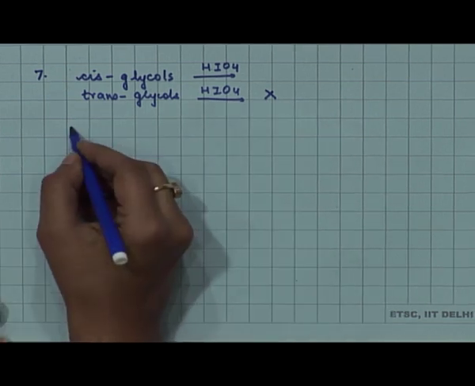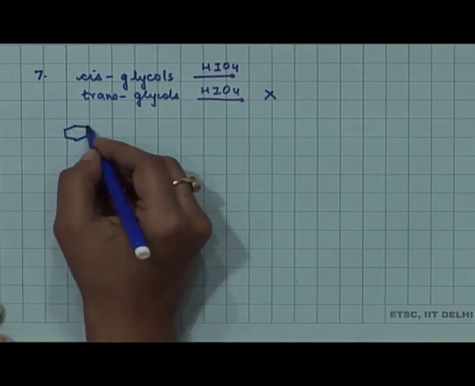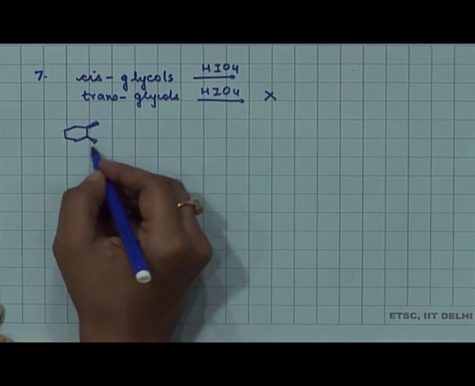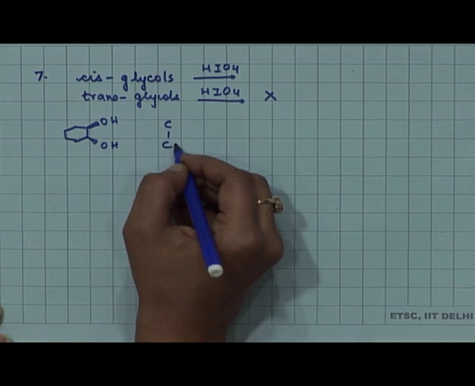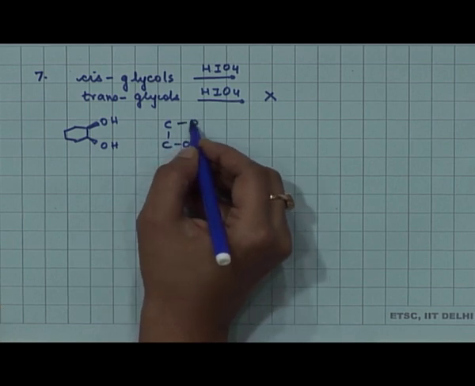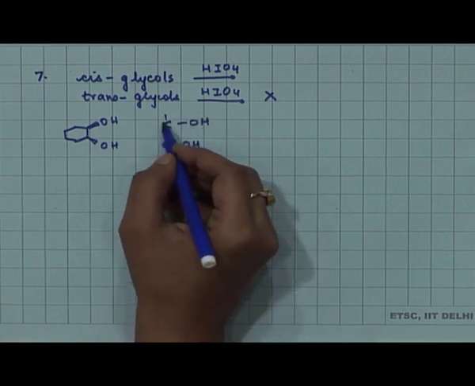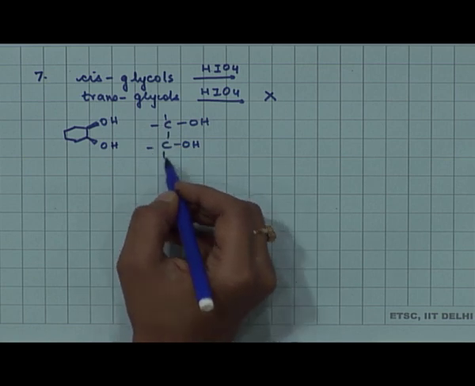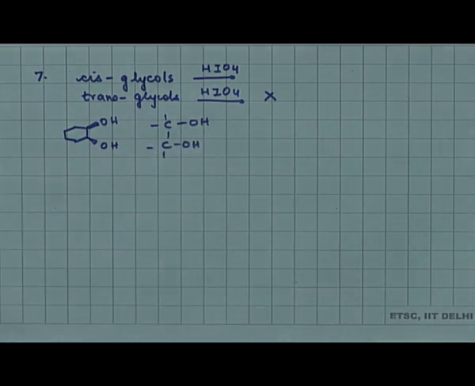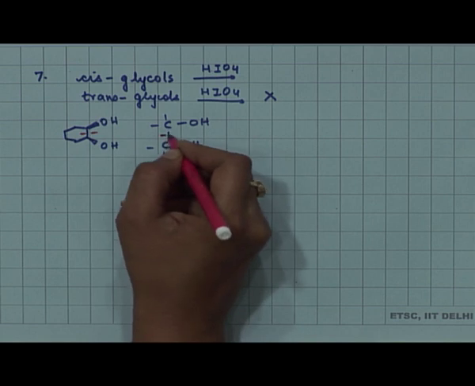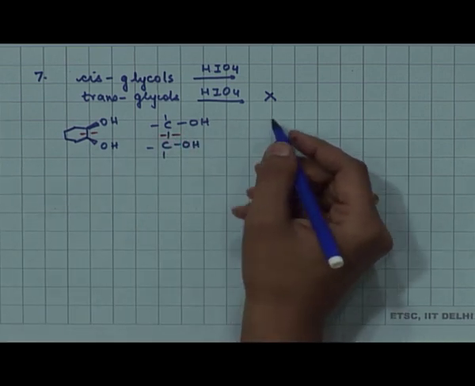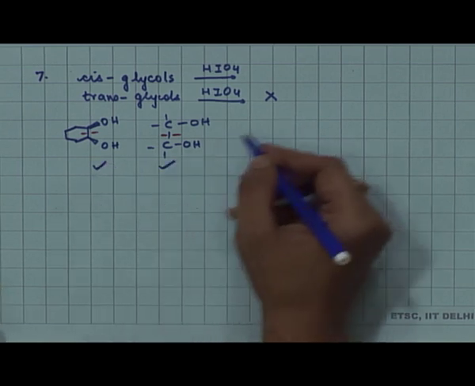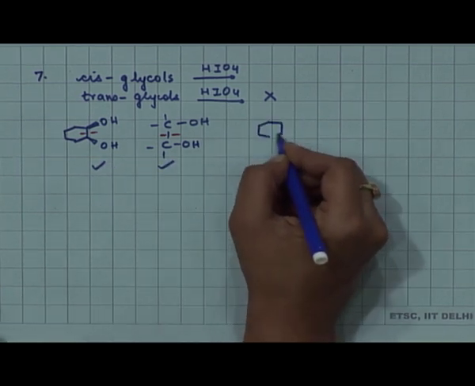Which means that if you start with this cis 1,2 diol, we are talking about a cis 1,2 diol in a cyclic system or in an acyclic system, these can be cleaved with periodic acid to give you the corresponding oxidized product. But if you start with the trans isomer,